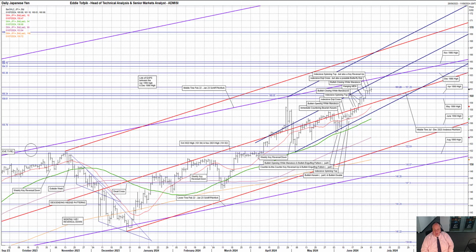The base of the action was on the congestion zone, consisting of the May 1990 high at 159.61, the May this year high at 160.04, and the April 1990 high at 160.34. Just for guidance, we have a lot of gaps up here from between April 1990 and the December 1986 high at 163.36. Further up we have the dark blue highlighted